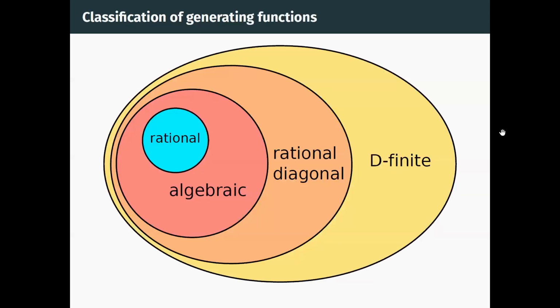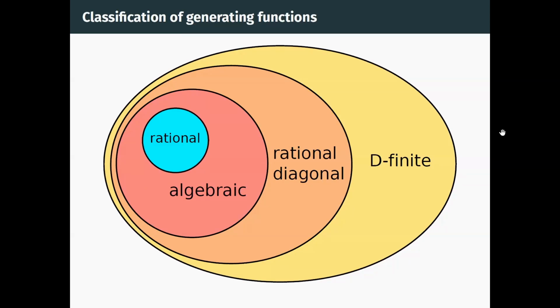And as a reminder, there's a bunch of different classes of generating functions that might pop out when you do this sort of analysis. The simplest might be a rational generating function, where the numerator and the denominator are both polynomials. Slightly worse than that is algebraic, where they satisfy a polynomial equation. And then slightly worse than that potentially is a rational diagonal. This would mean that the coefficients of the sequence you care about are encoded in a multivariate generating function among some of the terms in that, and the multivariate generating function is rational itself. That'll be the case that we're talking about mostly. But then you could have d-finite or things broader than that.